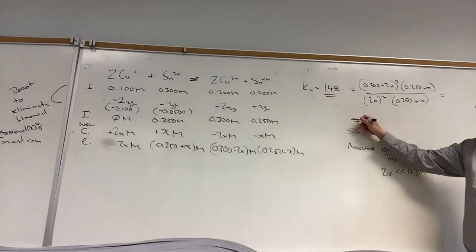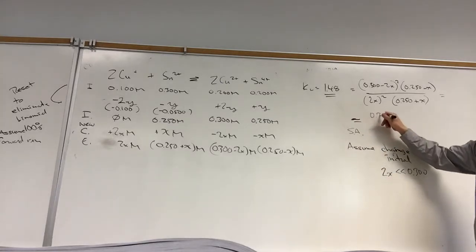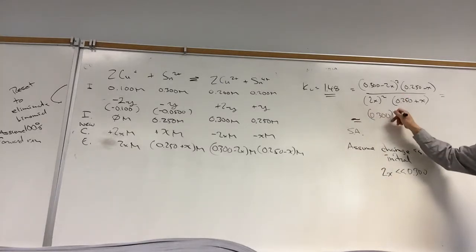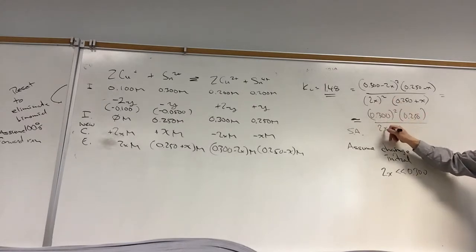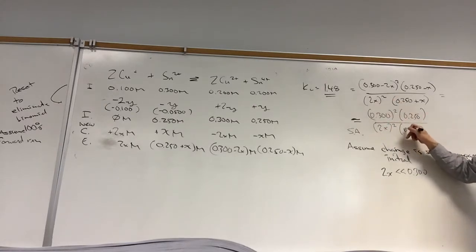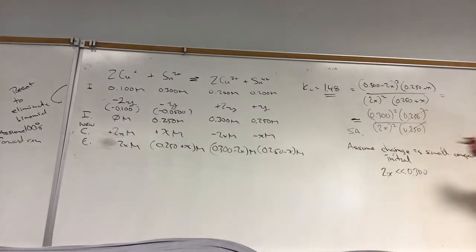And so we're going to pretend it works, so therefore it's not equal, it's just kind of equal to this. 0.300 minus 2x is just going to be 0.300, so it's going to be squared. 0.250 minus x will be 0.250. 2x compared to 0 is significant, so we'll leave that here. 0.250 plus x will just be 0.250. And so that cancels. And then we solve for x. Now the math is much easier. So this is the simplifying assumption, but will it work? Let's see if it works. And so we solve for x, and x will come out to